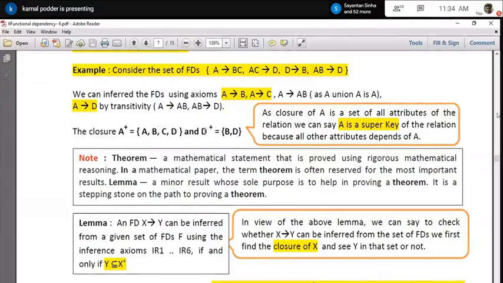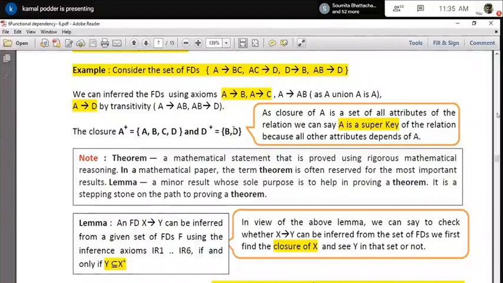Understand? Now if you see the closure of D, B is only dependent on D. So naturally I can say that in the closure of D, B is there and D will be there by default. If you examine the closure of A and D, you get a very important piece of information: in the A closure you are getting all the attributes of the table. What does it mean? That means all the attributes depend on A. It means A is a super key.